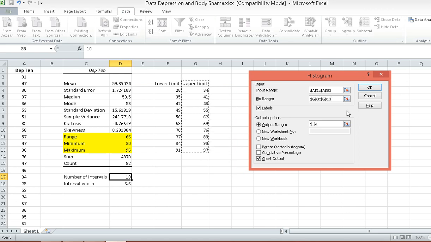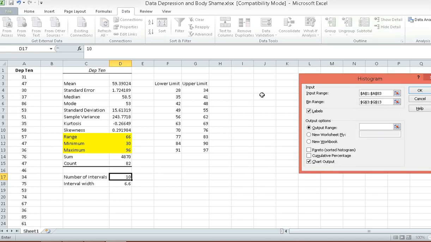So we click on labels again because our first rows are labels. And then for the output range, let's say we'd like our output to be somewhere here. Okay. And then click on chart output so that we can see the histogram. Click OK.